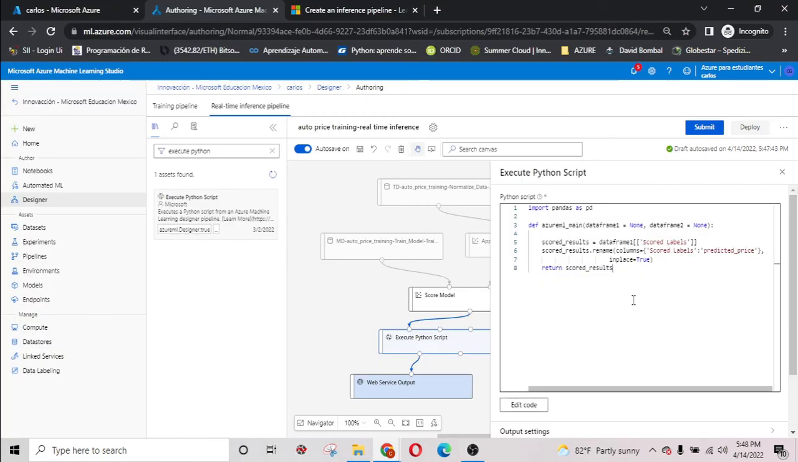Here in the Python script we are going to replace all the default code with this one. This is going to select only the score levels column and rename it to predicted levels. You can see here predicted price. Sorry, I'm going to hit